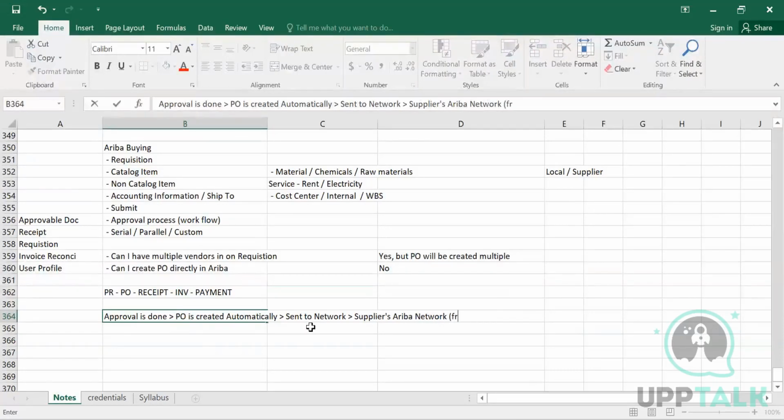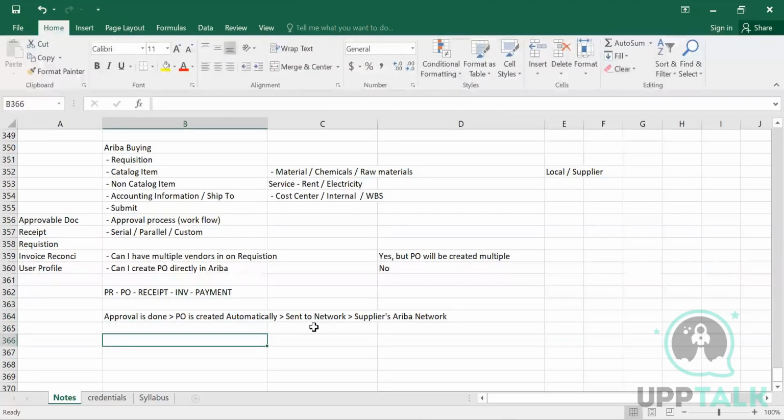All this will happen in a fraction of a minute. As soon as submission is done, Ariba will process it one step at a time, starting with the ordering state. Once it finds the supplier and it's sent to the network, it moves to the ordered status. Once the supplier receives the PO, the supplier can confirm by accepting the PO using an order confirmation, or can also provide an advance shipment notification. This is not mandatory. These are all optional steps. Similarly, a copy of the PO